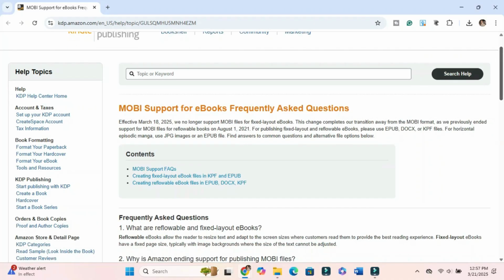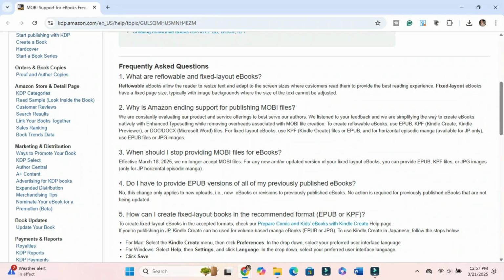So, with Amazon KDP, you can upload a Microsoft Word document, an ePub file, or a KPF file. This is a change. Effective March 2025, KDP is not going to allow Mobi files in their system anymore. So, for those of you who are brand new to self publishing, this shouldn't matter. But there are a lot of articles, videos, and guidebooks out there that still talk about the Mobi file type. So, we're going to do a quick little history lesson, okay?